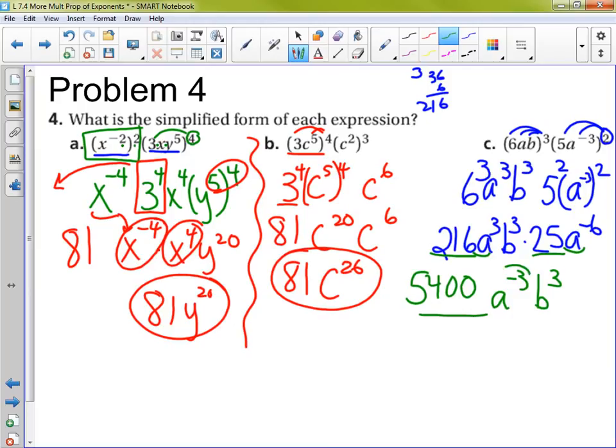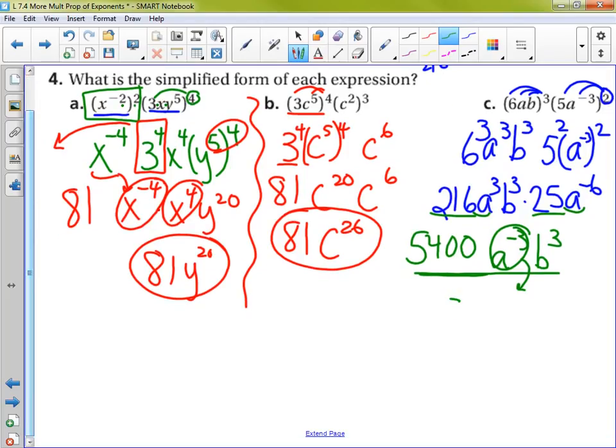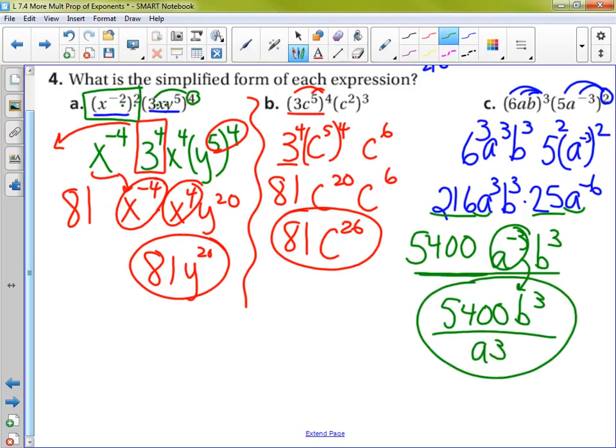The only thing left to do is take this a to the negative third because it has a negative exponent and move it down. So my answer is 5,400 b to the third all over a to the third. And that's pretty much